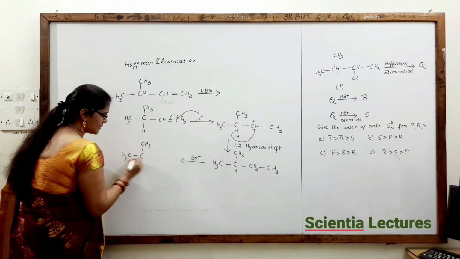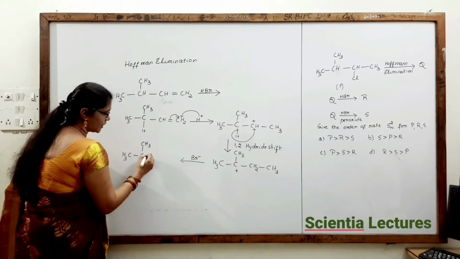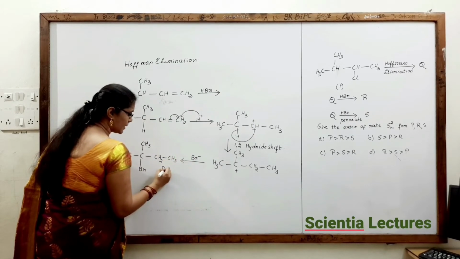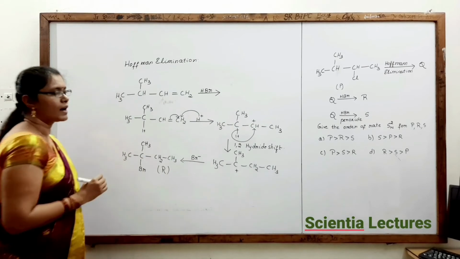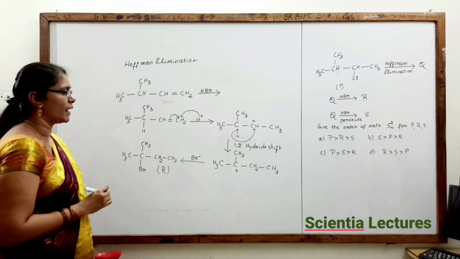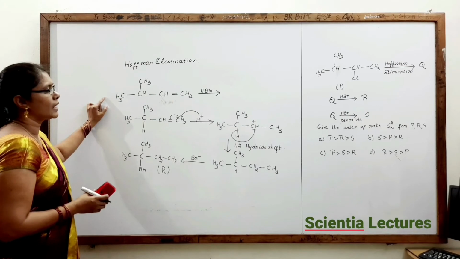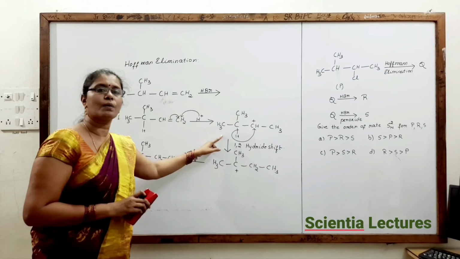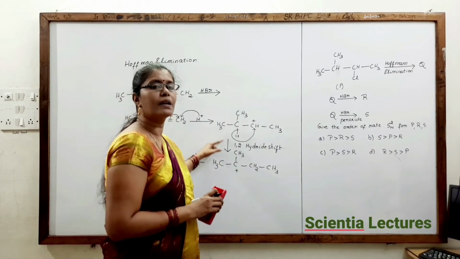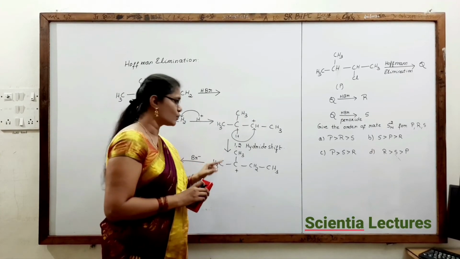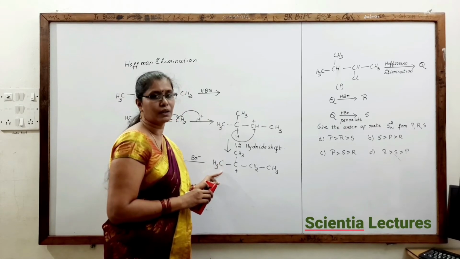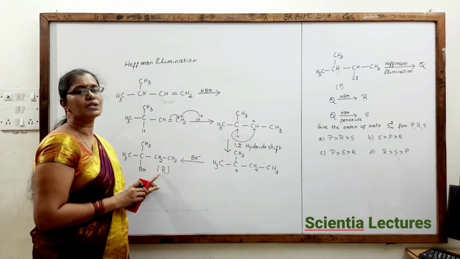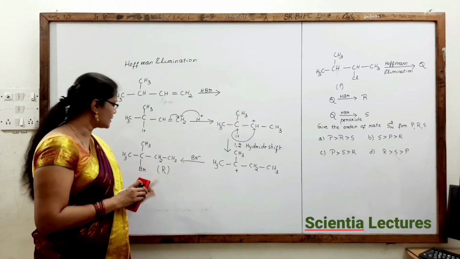Now this is R. Tertiary alkyl halide is R. So we can see that this is R produced. So R is tertiary alkyl bromide. Now remember carefully, it undergoes HBr at first due to electrophilic addition reaction. It produces secondary carbocation as a reaction intermediate. It undergoes 1,2 hydride shift to produce a stable tertiary carbocation. This stable tertiary carbocation combines with Br minus, producing tertiary alkyl halide as R.